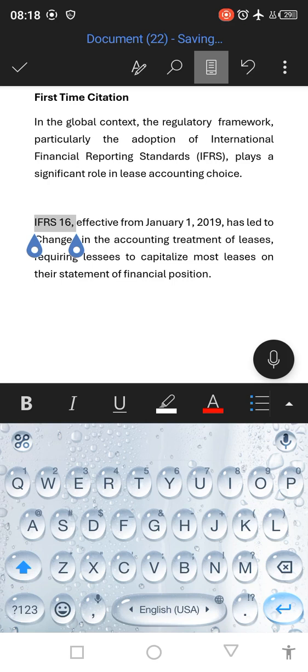IFRS 16, effective January 1, 2019, has led to changes in accounting treatment of lessees. This is the position of APA, either 7th edition, 6th edition, with all the editions. This is their stance when it comes to corporate bodies. The rule of first mention that we have here, the rule of second mention, subsequent mention,